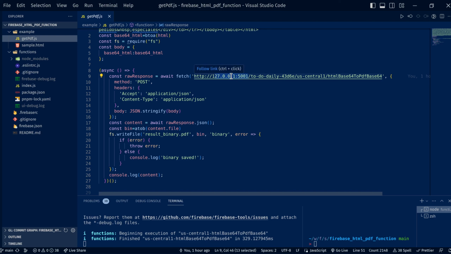This is a cloud function named HTML base64 to PDF base64, where we post the data and we get the response, and the response has a file which is basically a base64 string. Now you have a base64 string PDF here. You can use it for whatever you want. If you want to store it in your database, you can store this string. In my case I am writing directly to the file, so you can see I am directly writing this base64 string into the file. In case of error, it will throw the error,